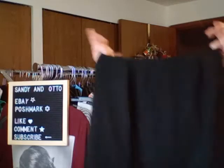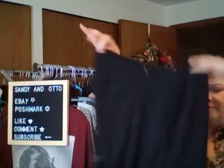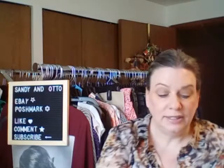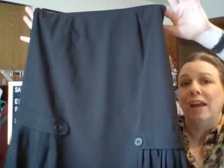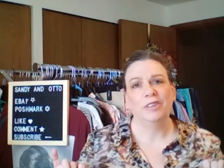This one is a skirt. I thought this was really cute because it had the pleating on both sides of it with the cute little button accents. Now this is a Larry Levine. Here is the label, Larry Levine. It says stretch, and it was a size 6. I don't know if it's just because it's a plain black skirt, maybe not in demand right now. Larry Levine stuff, I find,